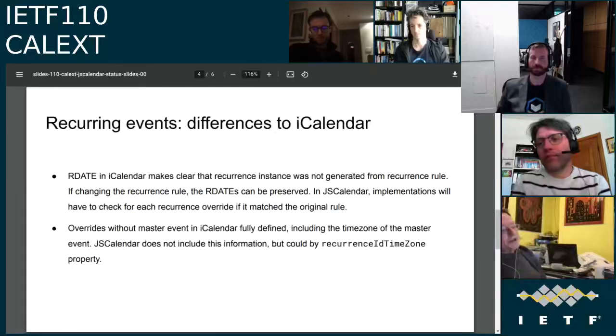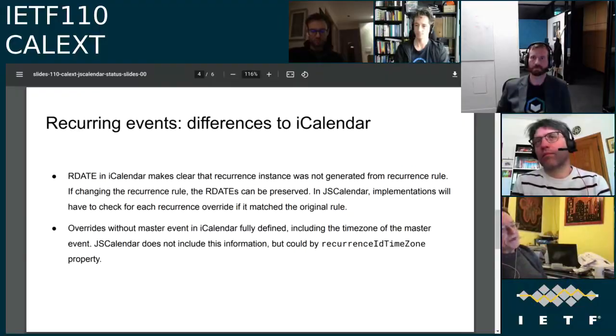Where the problem occurs here is you might be invited to a single instance of an event, and the time zone of that instance might have been shifted. So you express the DTSTART, say you've got meetings in New York, and you're using America/New_York as your time zone for the master event, and then we'll have one meeting in London, and you change the time zones and the DTSTART.